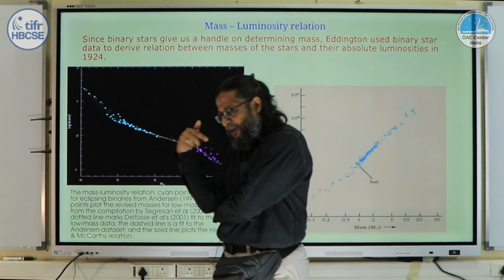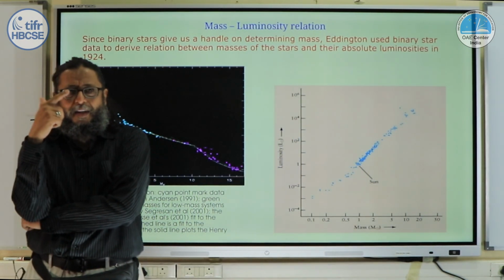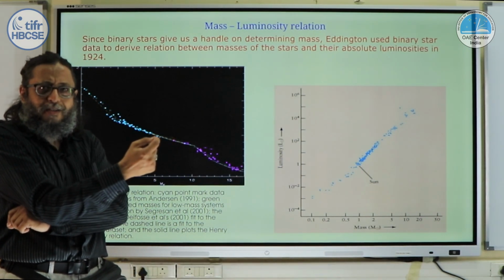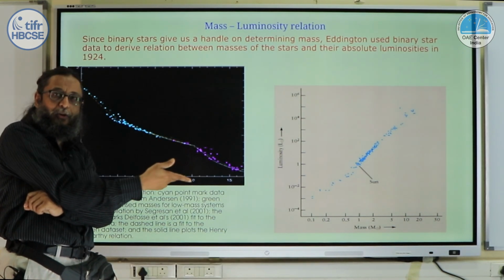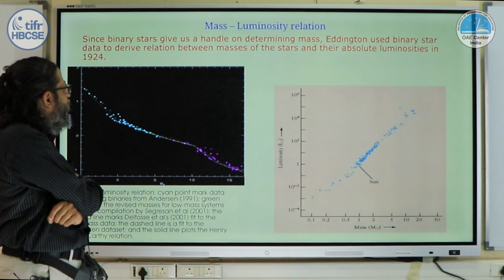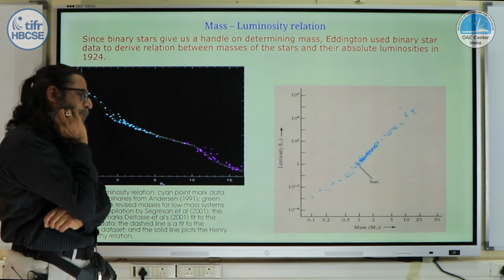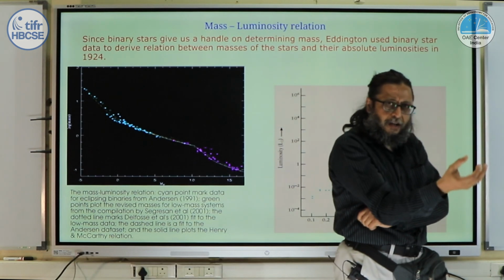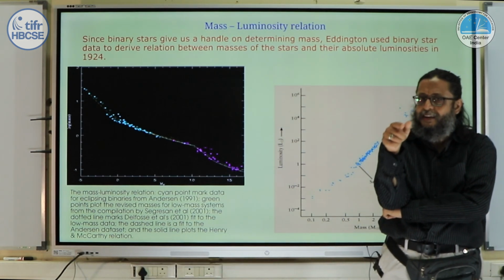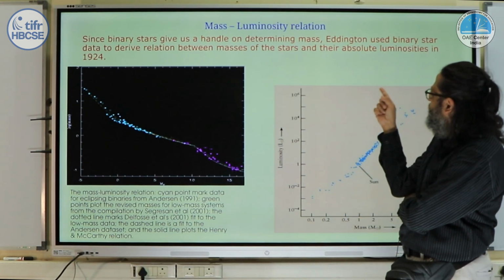As we keep on repeating, all our knowledge is gained by iterative application of previously gained knowledge, right? So, once we had enough binary stars whose properties had been observed, that is when Eddington, the